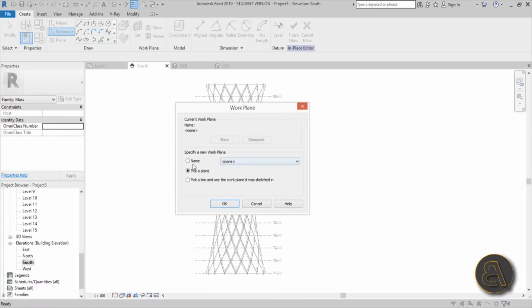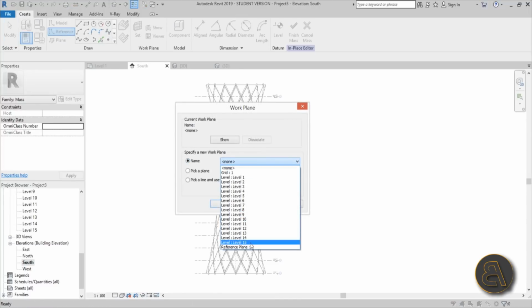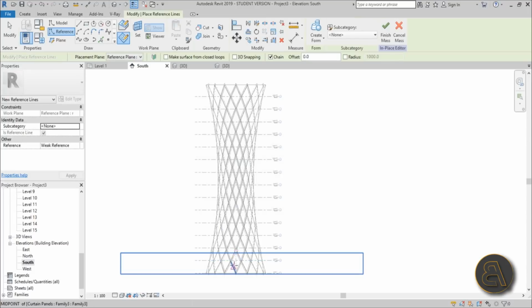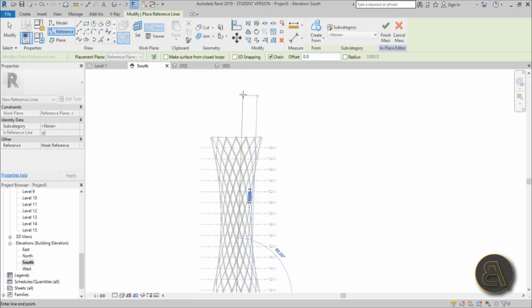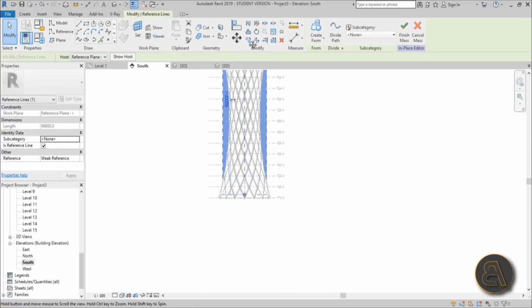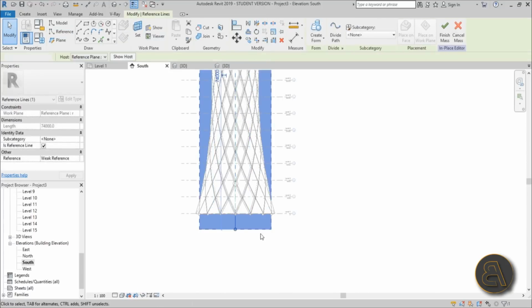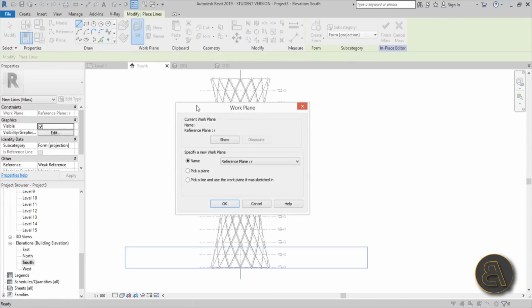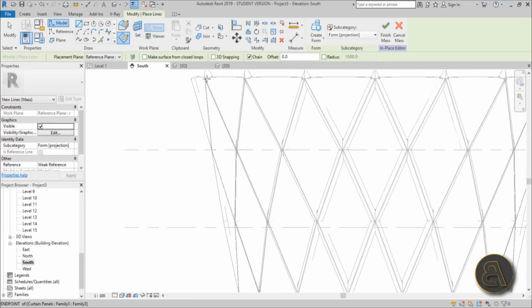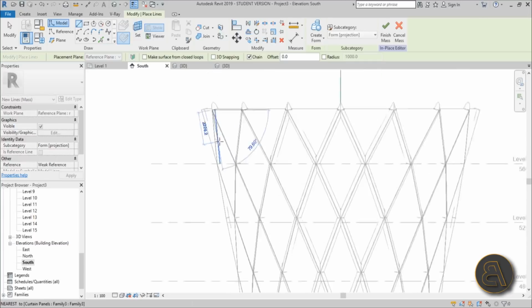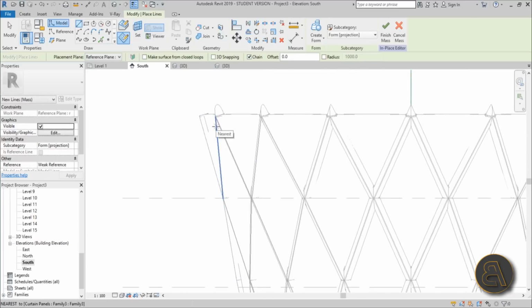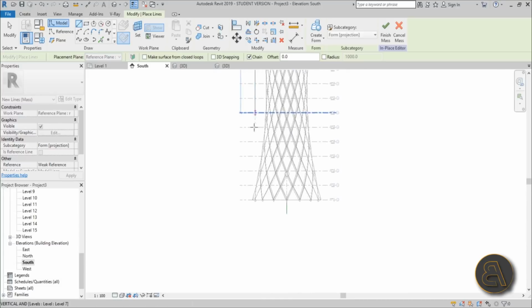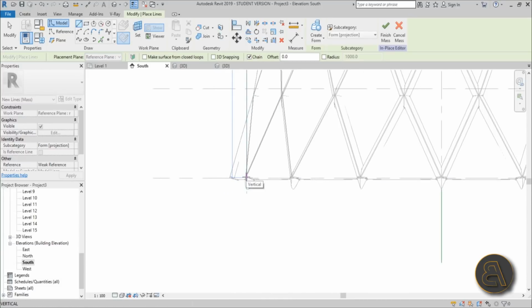So you go to reference plane and you go by name and you choose reference plane R, you set it here on your reference plane, or on your grid line, you set it like that. Then you go in with a model line, again set it to reference plane R, and as you can see here, I'm just going to start a little bit on the inside, maybe from here, and then go all the way down,